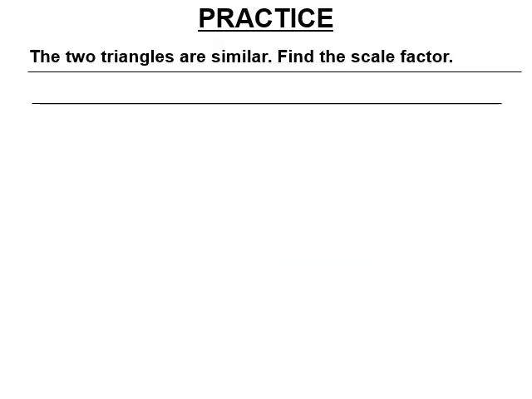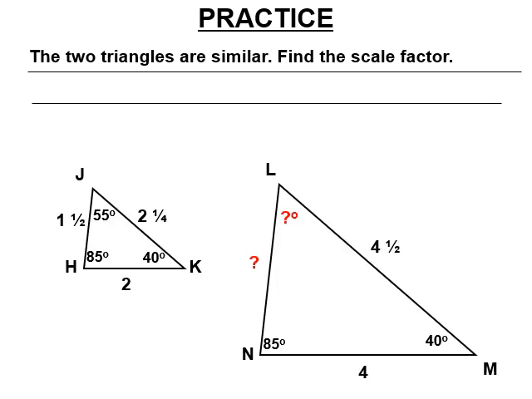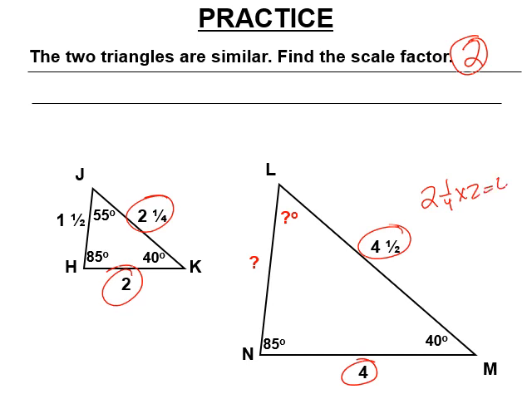All right, so let's practice. The two triangles are similar. Find the scale factor. Well, I could compare 2 1/4 to 4 1/2, but it would be way easier to do 2 to 4, wouldn't it? So the scale factor, right, is 2. We're multiplying by 2. 2 1/4 times 2 equals 4 1/2. It does, right? 2 times 4 is 8 plus 1 is 9 halves,